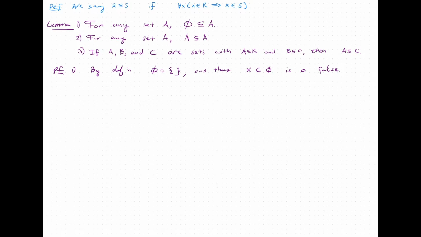Since we cannot choose some element x in the empty set, we now have a statement of the form: false implies x is in A. Since the premise is false in the case of the empty set, and the conditional is always true if the premise is false, the whole statement is true. So consequently,